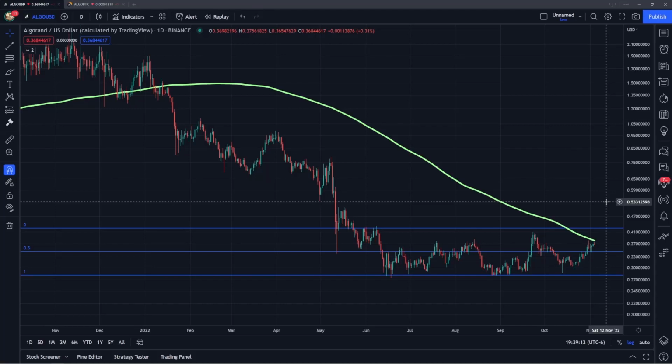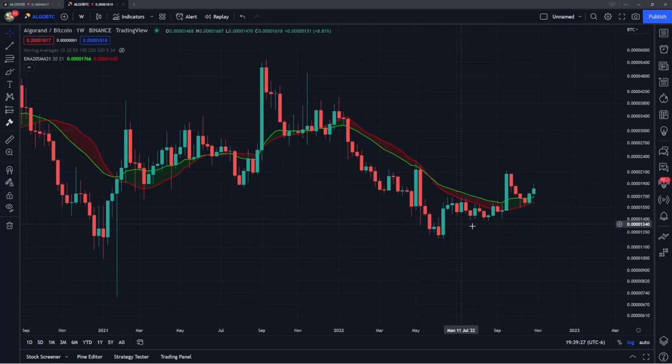Today I'm going to be providing a longer term market analysis for Algorand. I'm going to cover some key levels of support and resistance, the 200-day simple moving average, which has just been retested for the first time in about 11 months. Very significant retest here. I'm also going to talk about the Algo Bitcoin ratio and this move above both the 20 and 21 weekly averages.